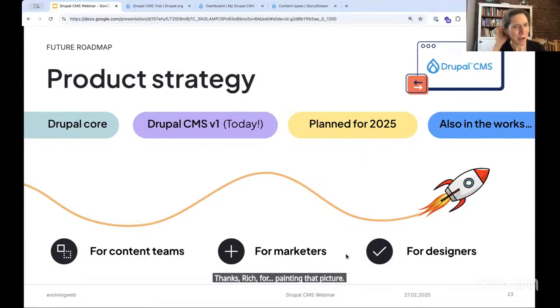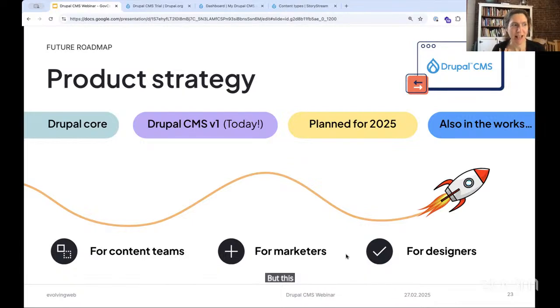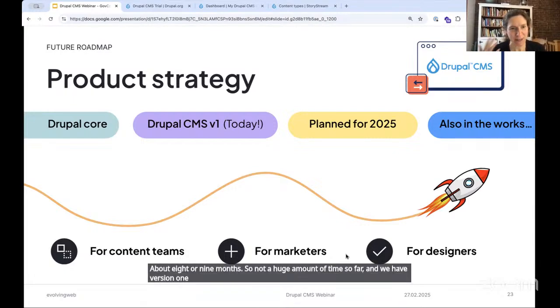So we talked about Drupal CMS, how you can use it on your Drupal site, and you saw what Drupal CMS does today. But this is a product that has been developed in about 8 or 9 months. So not a huge amount of time so far, and we have version 1 released today. But there is a roadmap, a product strategy that Dries released for Drupal CMS that's quite ambitious, kind of a 3-year plan, and